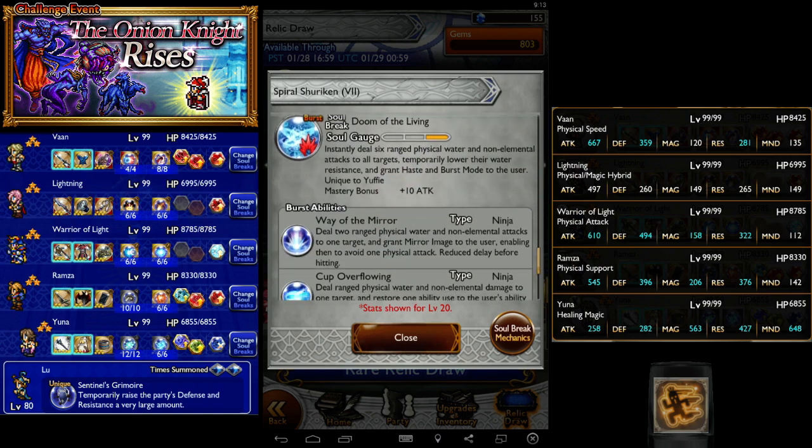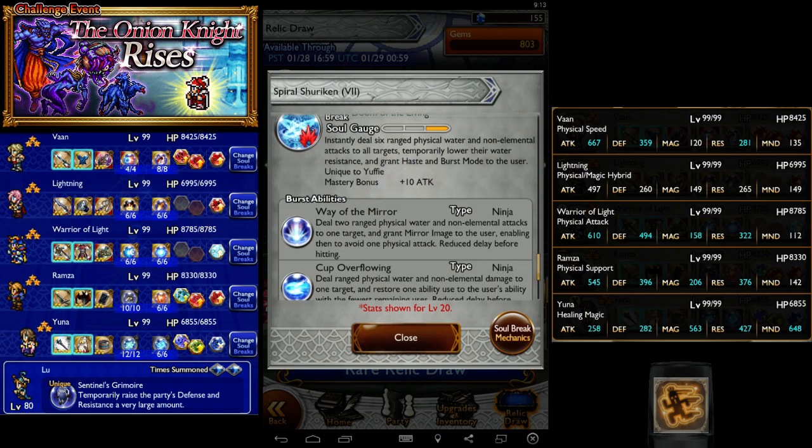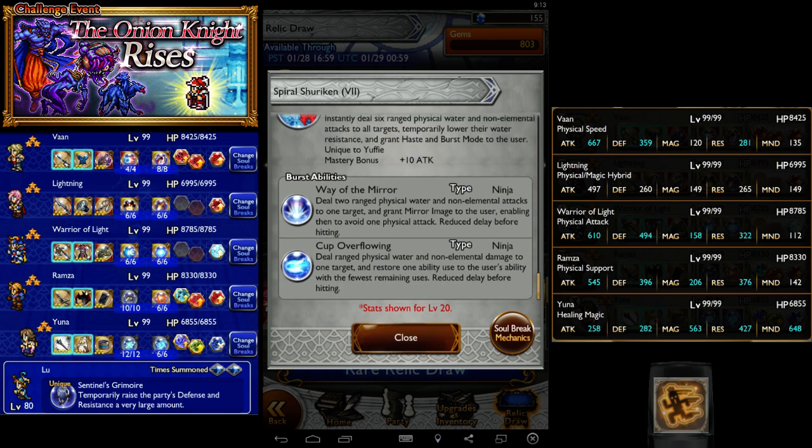Spiral Shuriken is instant, because everything Yuffie does is instant pretty much. 6 ranged water to all targets, and Imperil water. And then we get some interesting commands. Command 2 deals physical water to one target and has a smart ether attached to it, which means restores 1 use to the lowest cost abilities. Command 1 is 2 hits and gives mirror image. Now,